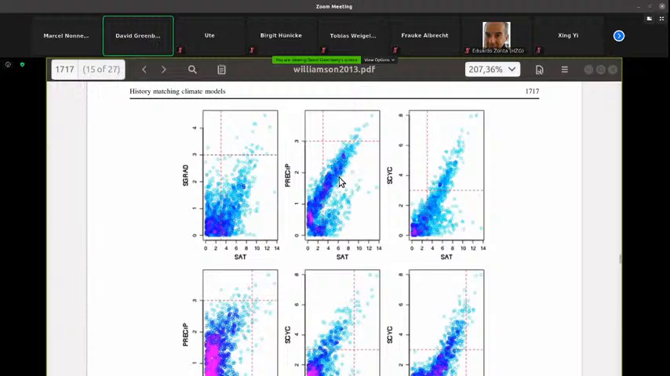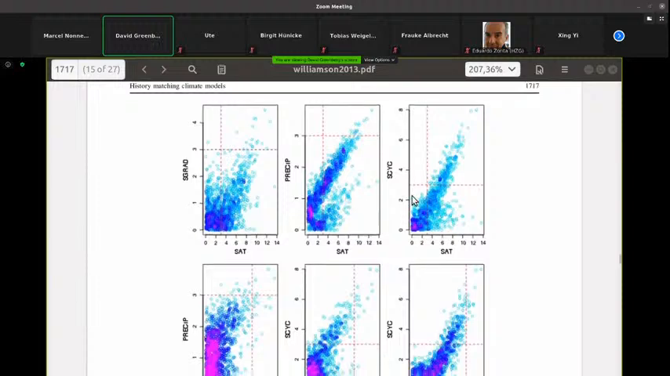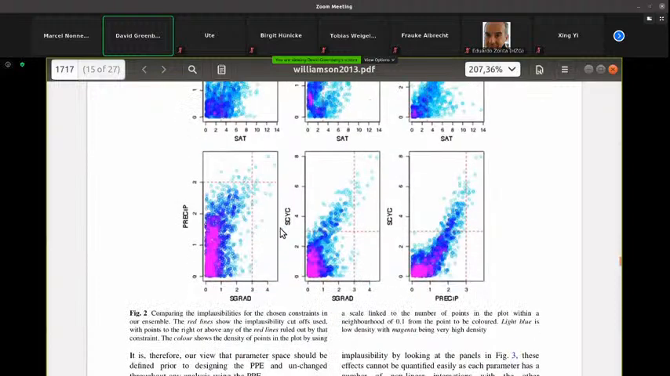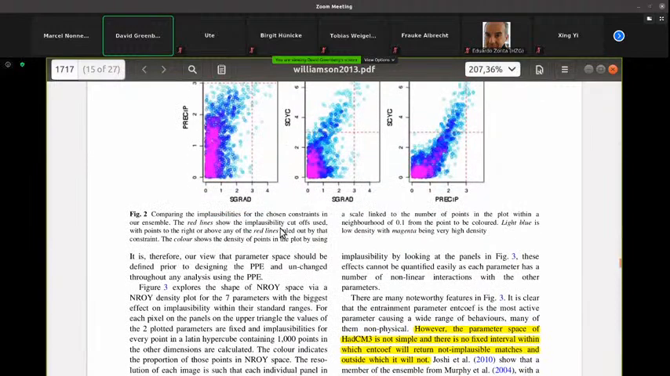But this is not for the full parameter space. It's only where we happen to generate our simulations. And you can see the model outputs, these pairs of model outputs, and red lines of constraints. So when we're in the bottom left quadrant, then we're actually satisfying these constraints. So then